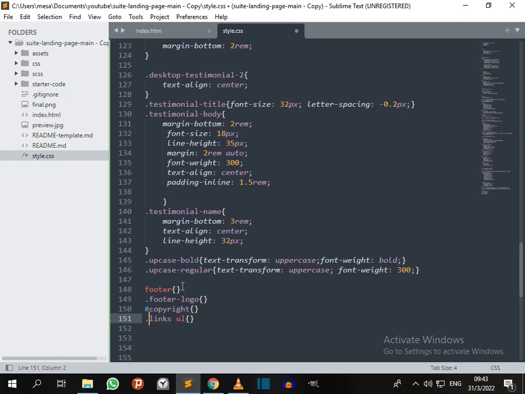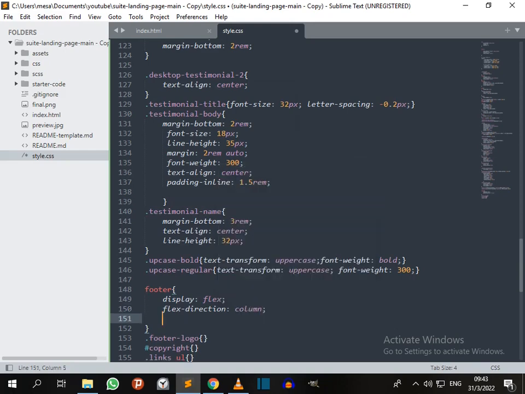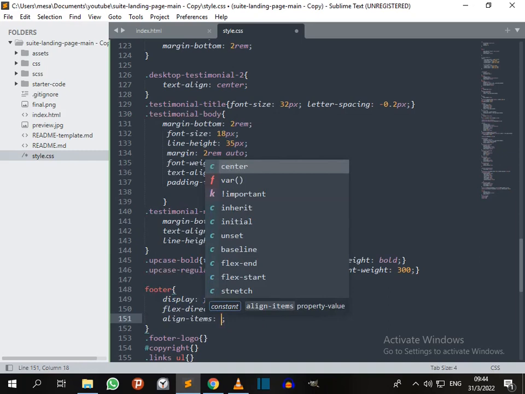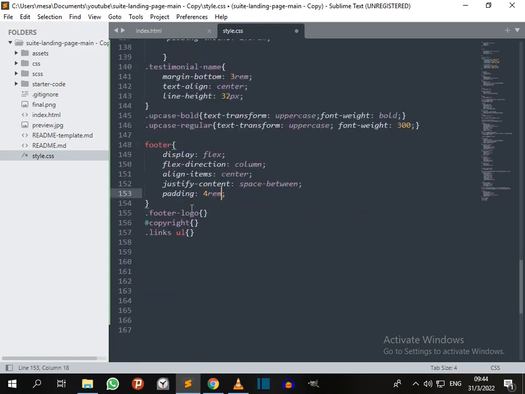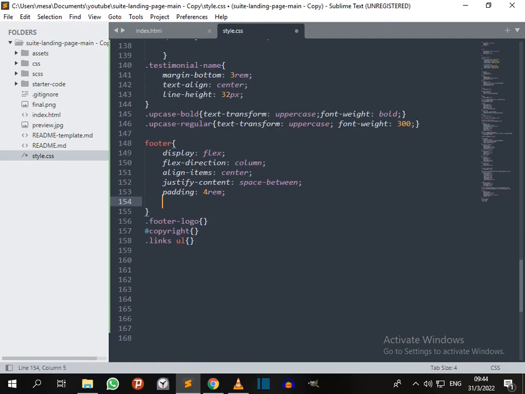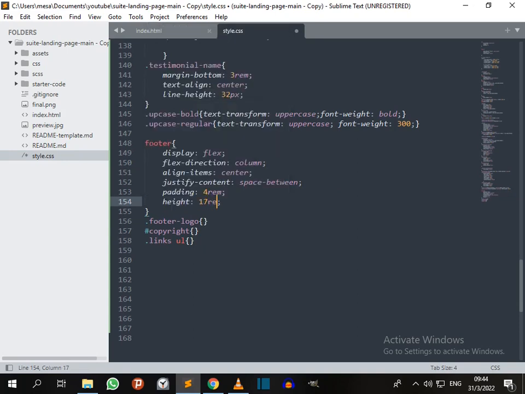Yes. So let me start by styling the footer. Display flex, flex direction column, align items to the center, justify the content space between, padding, I want to set it to 4 rems. Height of 17 rems. Background color